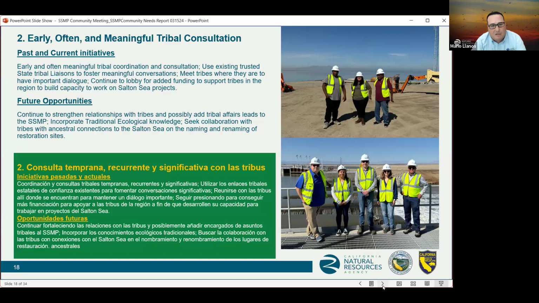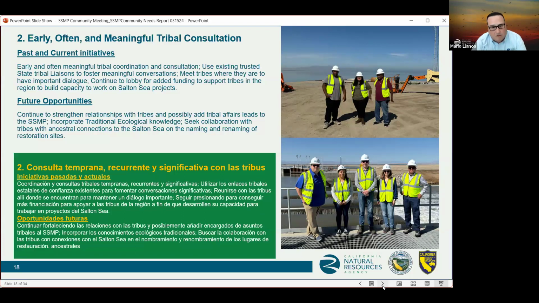Future opportunities include the potential to add SSMP-specific tribal leads to our program, continue to explore ways to incorporate traditional ecological knowledge, improve tribal access to the sea, and protect sacred sites and resources. We aim to increase tribal stewardship and youth programs at the sea, which is currently something that we're discussing with tribes.